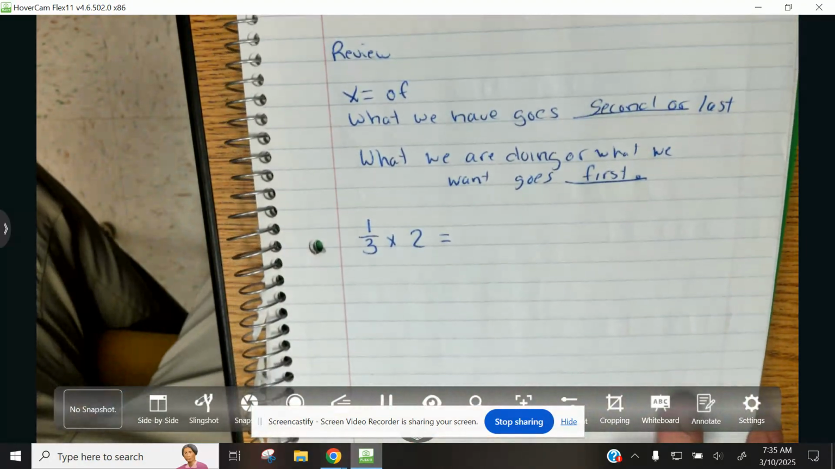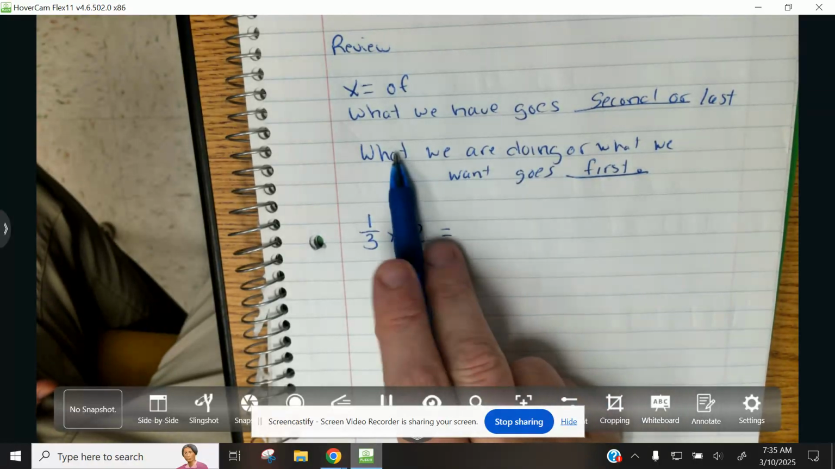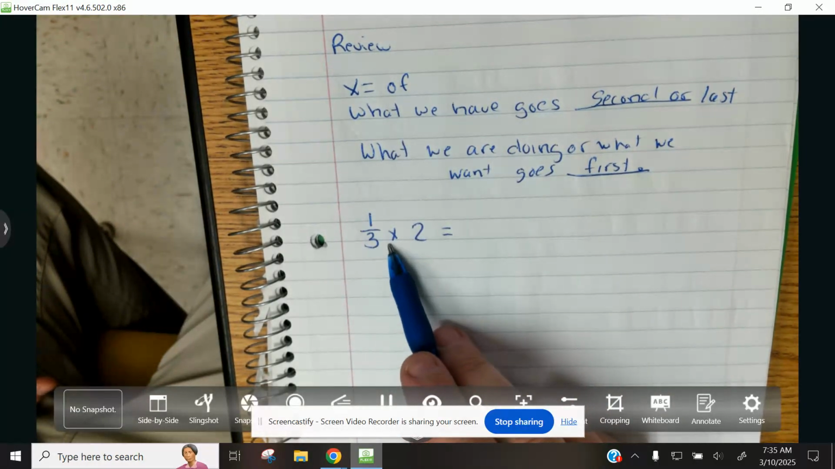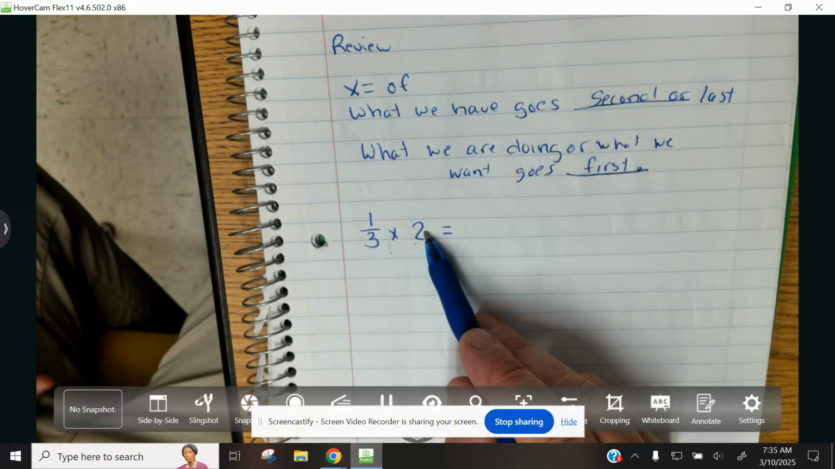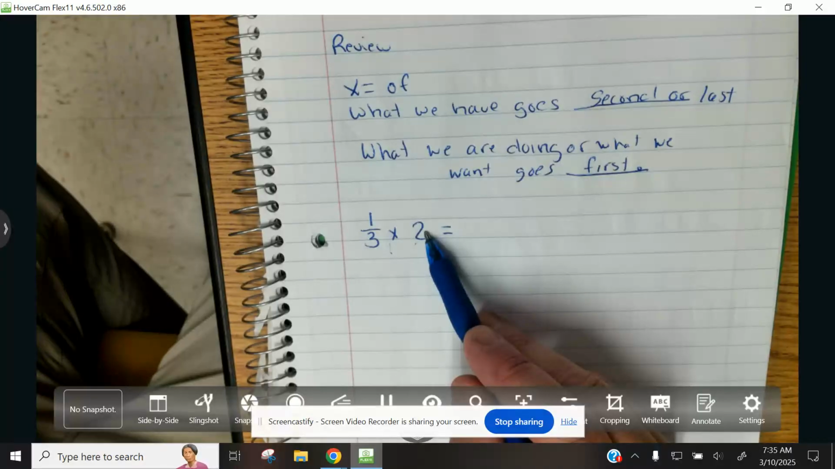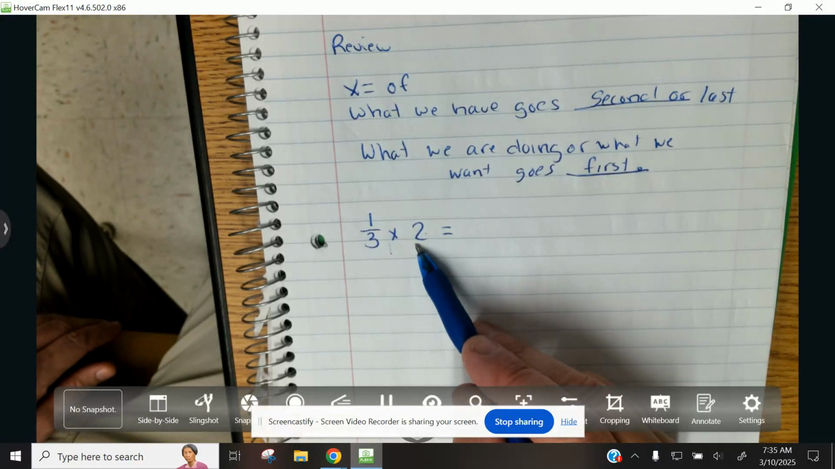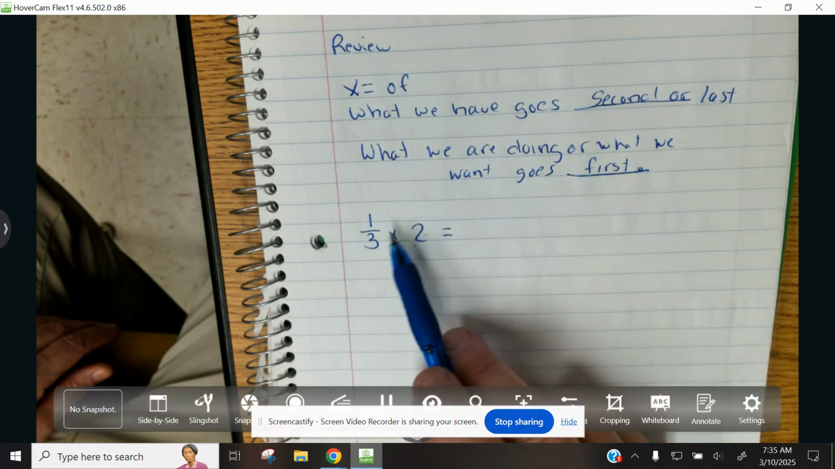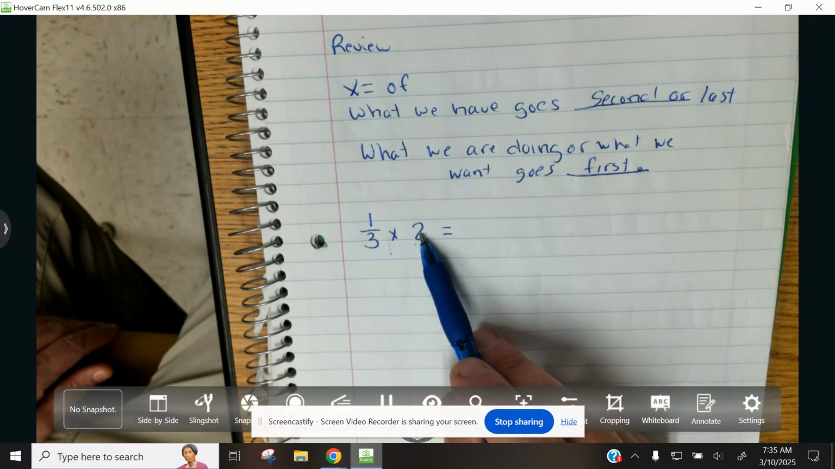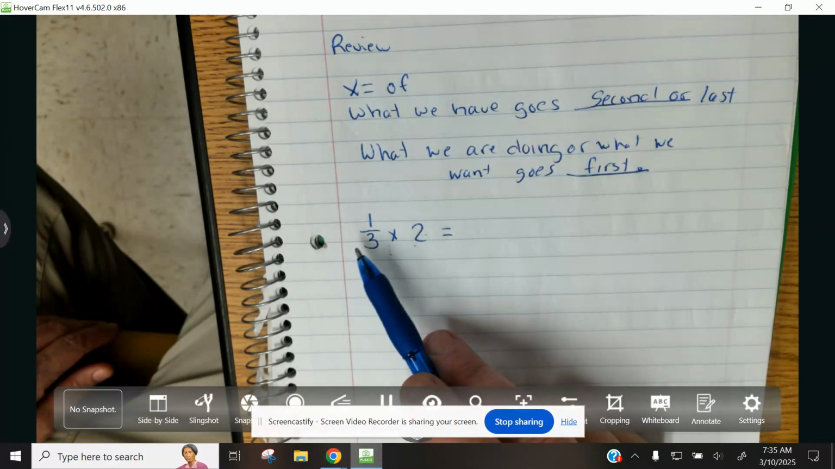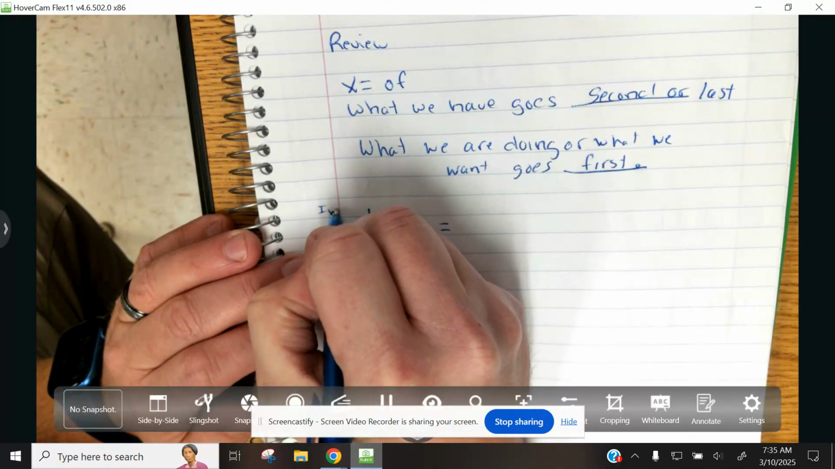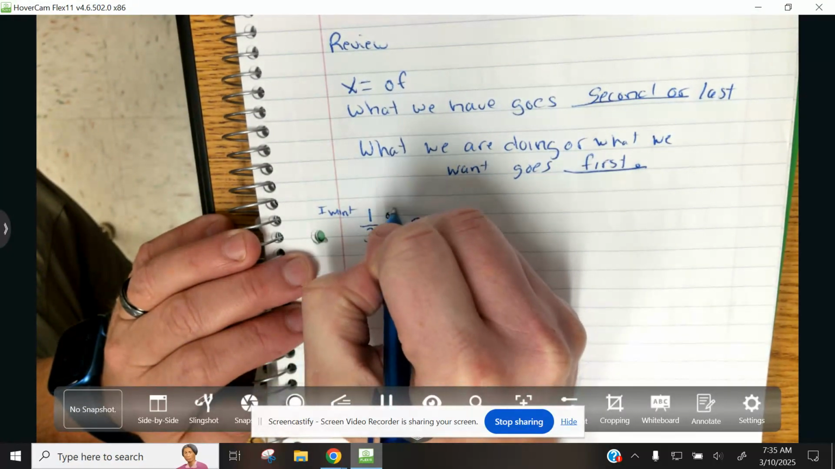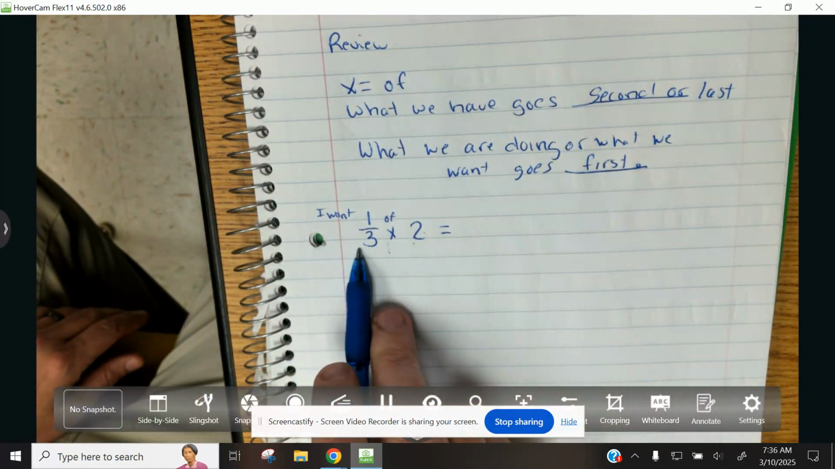So this time let's apply this knowledge. Multiply means "of." What we have goes second. So this time I have 2. I fully have 2 candy bars. That's what I have. I want 1/3 of them. I want 1/3 of 2. So if I put the "I want" here, and the "of," say it to yourself: I want 1/3 of